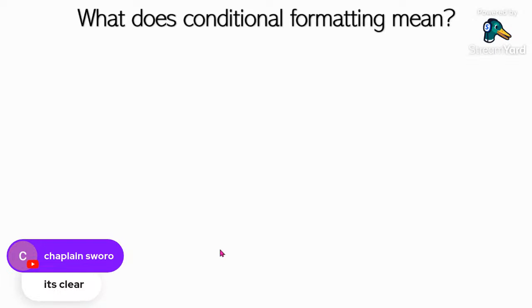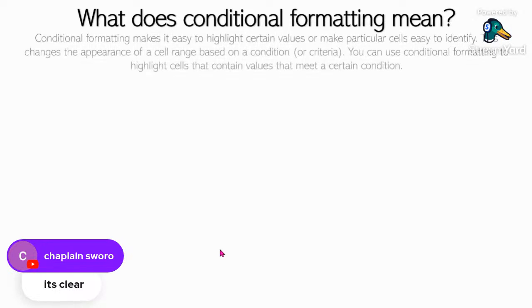What does conditional formatting mean to you? Of course, conditional formatting makes it easy for you to highlight certain values or make particular cells easily identifiable. That's the use of conditional formatting. It just changes the appearance of a cell or a range of cells when a condition or a criteria is